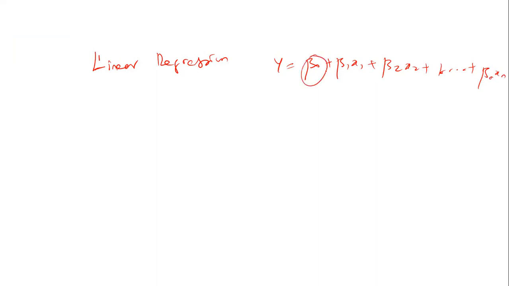So this is your intercept and this is your slope, right? Beta 1, beta 2 and beta n, all these are your slopes. This beta 1 is a slope for x1 and this beta 2 is a slope for x2, right? This is your multiple linear regression equation. Yes, you are correct. Multiple linear regression. Okay, and next one is